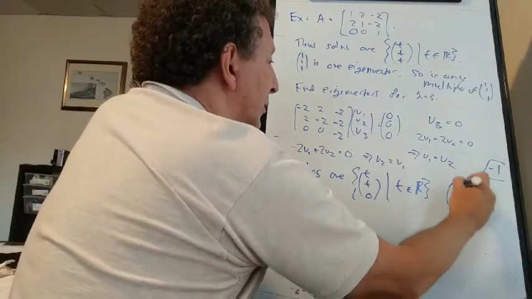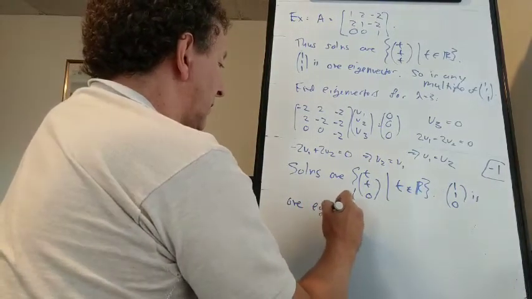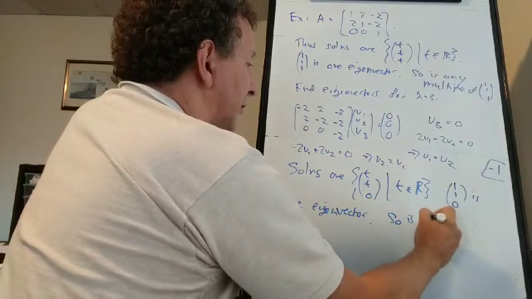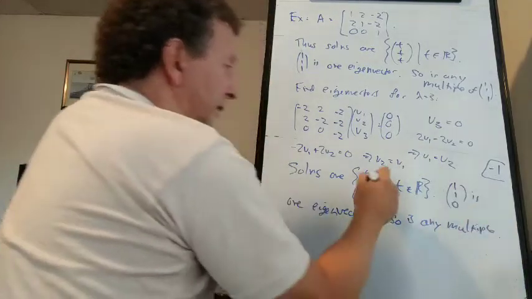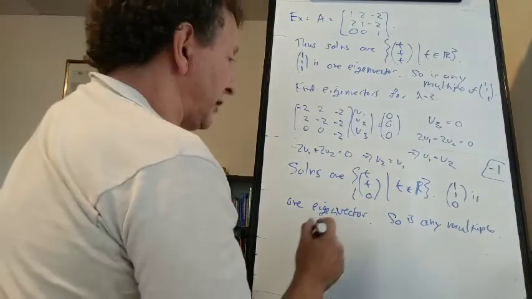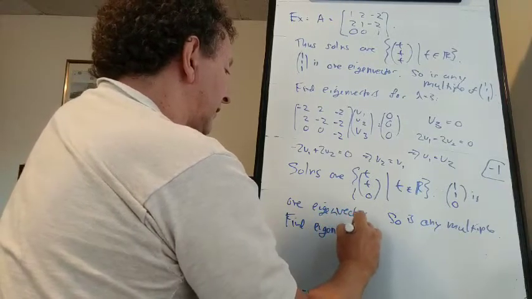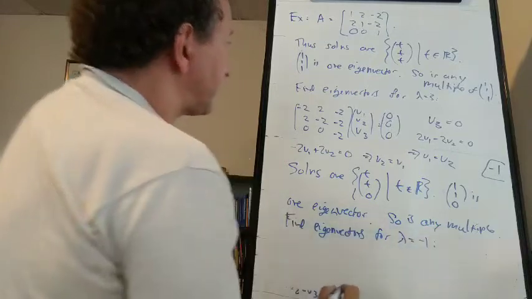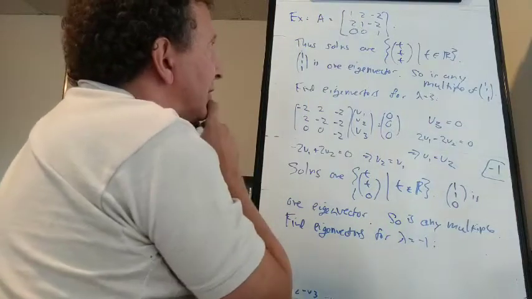So 1, 1, 0 is one eigenvector. And so is any multiple, because t could be any real number. And then let's find eigenvectors for lambda equals negative 1. So we'll subtract negative 1 from the diagonal. Subtracting negative 1